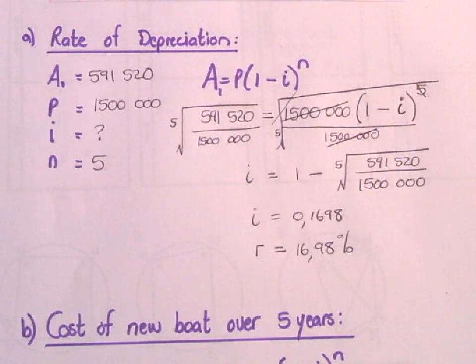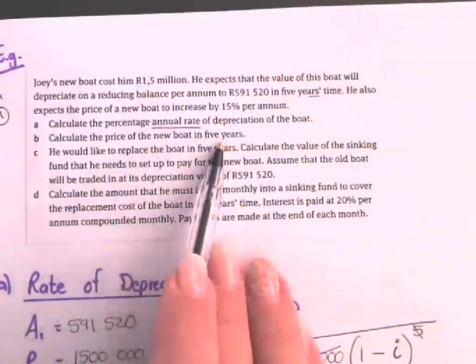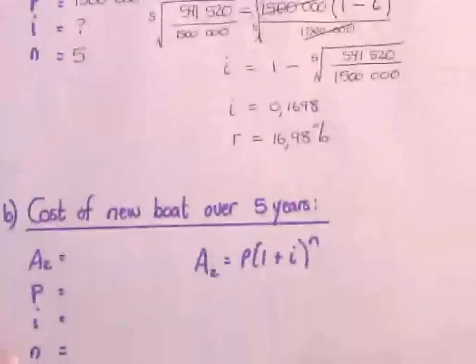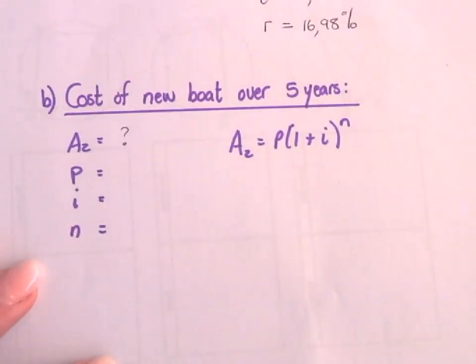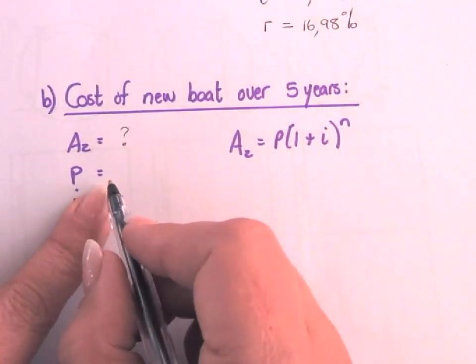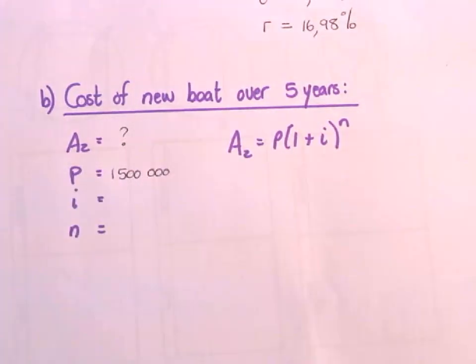Any questions so far? Number B. Calculate the price of the new boat in 5 years' time. So we want to calculate the value of A, the new boat. Currently, the boat is 1.5 million. A new boat costs now 1.5 million. But in 5 years' time, we have to add